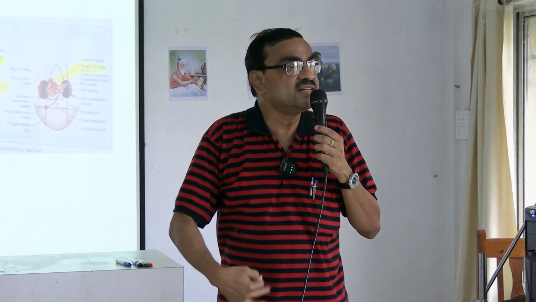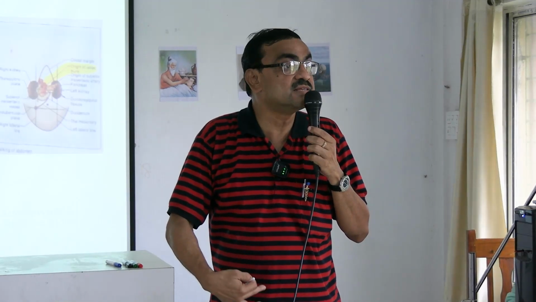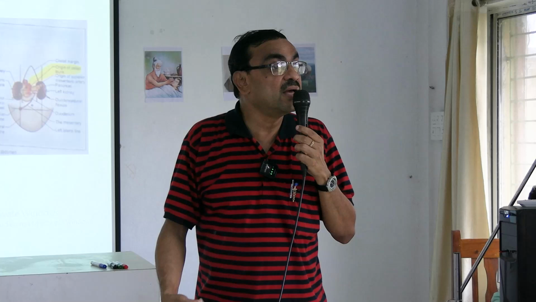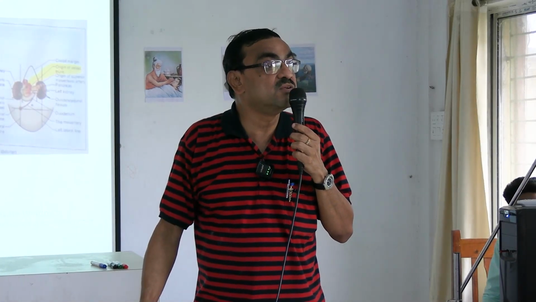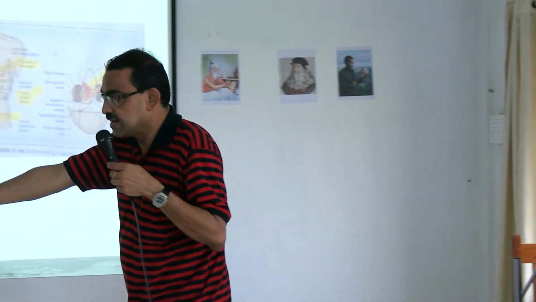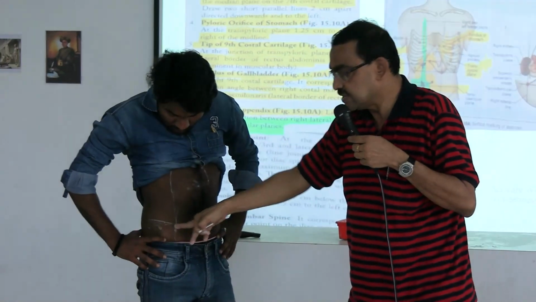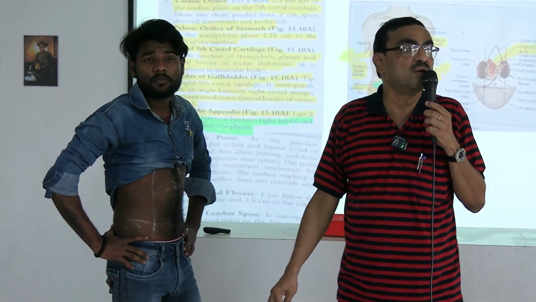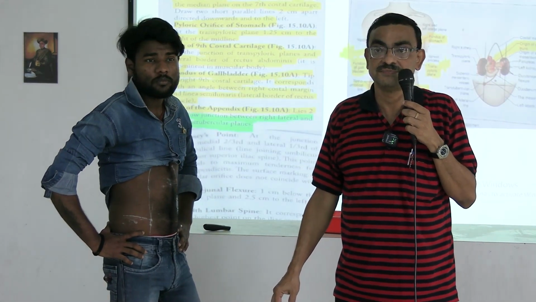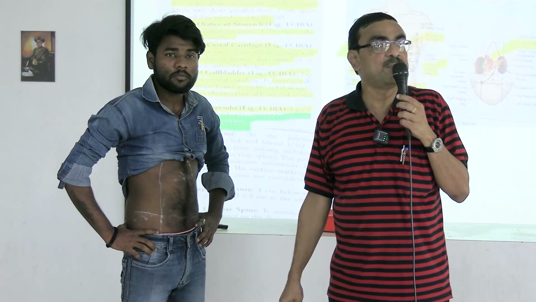Then we have to draw the transtubercular line. The intersection point is the opening of the ileocecal valve, and if we go 2 centimeters below, this is the opening of the appendicular orifice. But during appendicitis,